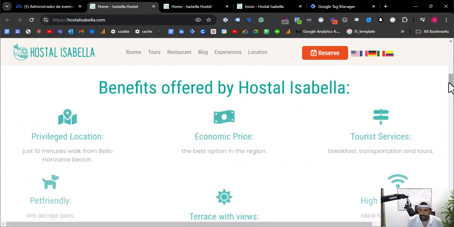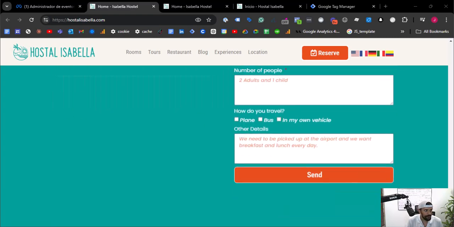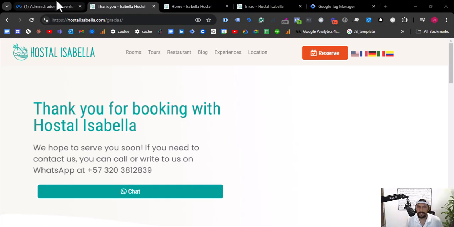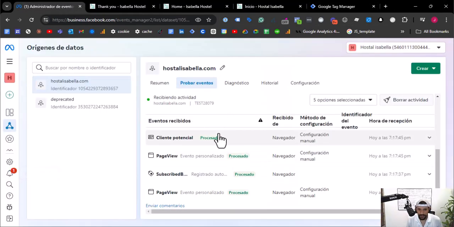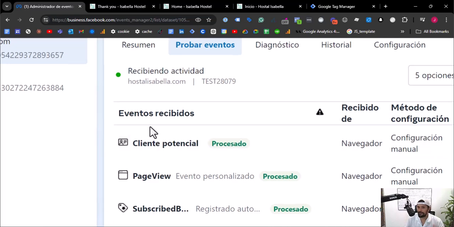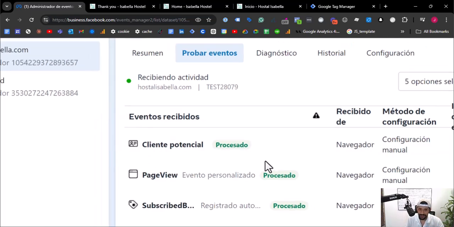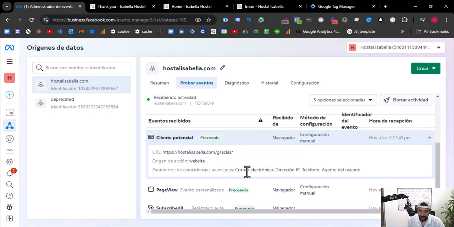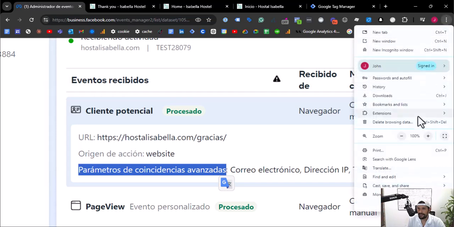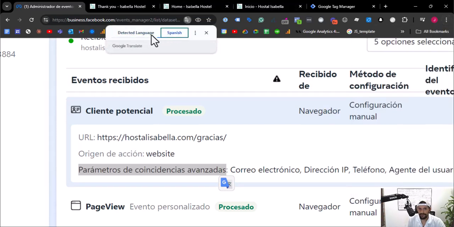Now let's do a test form submission. Let's submit this, and now let's see what we got from the test events. So we have the lead. Facebook translates the standard events into the language of the account. So this account is in Spanish, but this cliente potencial is a lead. And if we open this event, you can see here that we are passing, this is translated, let me see if I can translate it, but